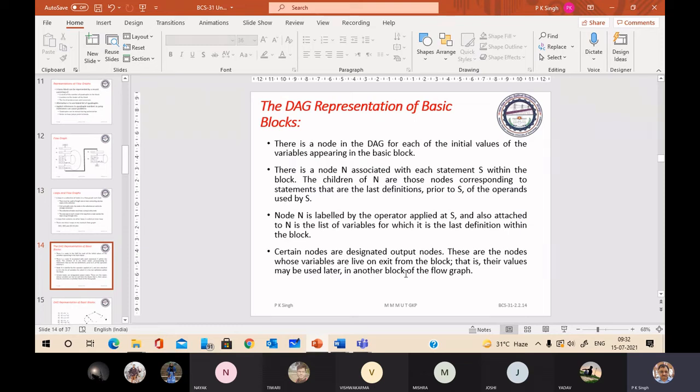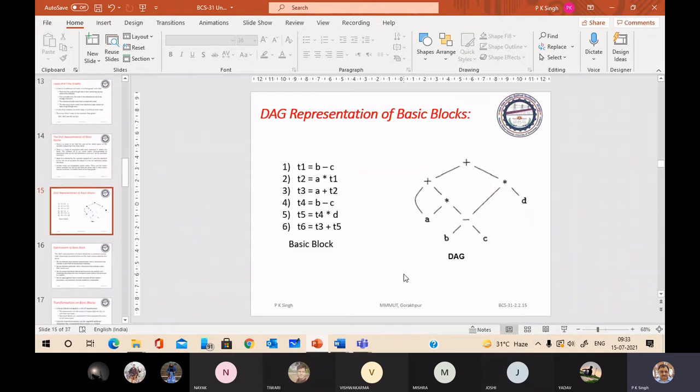We can identify the loop. Then we saw the diagram representation of the basic block, which we discussed last time. Now we apply optimization on basic blocks individually.